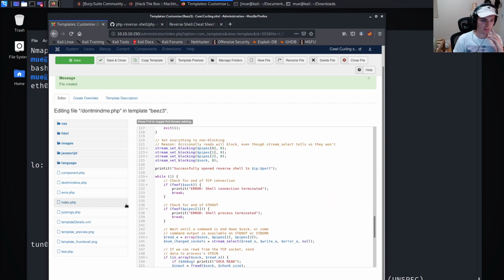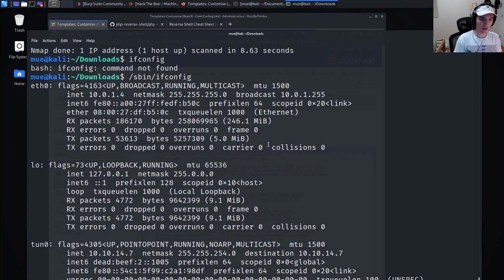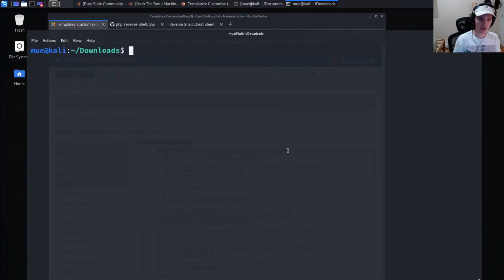So let's save this. Okay, and we've saved this as, what did I call it? Don'tmindme.php. So now what we can do on our local machine is start a listener. When this reverse shell makes the connection to our computer, it's going to reach out, but we're going to need to be listening for that initial reach out, or else it's going to miss us, per se. So we're going to use Netcat to start what's called a listener,